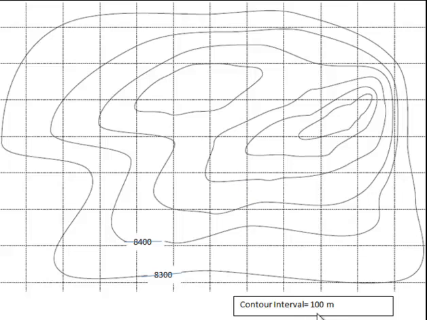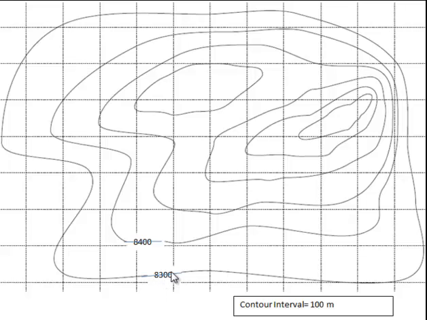If the contour interval was only 10 meters from the starting point of 8,300 meters, then the next contour line would equal 8,310 meters. The following one would be 8,320 meters. Therefore, it's always important to examine the contour interval to see the scale. Then you'll want to identify the starting point of the land elevation so that you can determine the land elevation